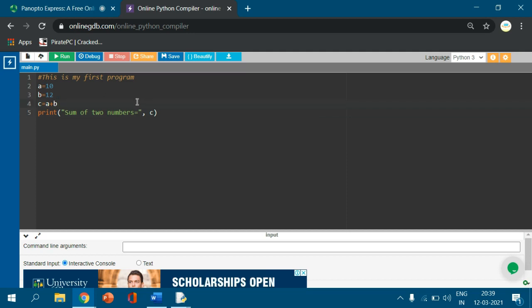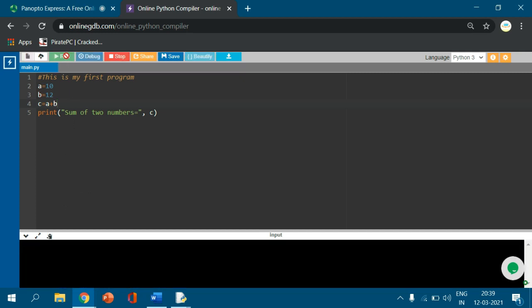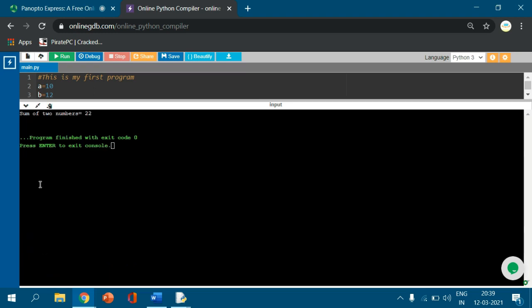So this online compiler also provides a run option, debug and stop option. Right now I run and the output will be printed below. You can see I can maximize the screen. So the sum of the two numbers is 22.